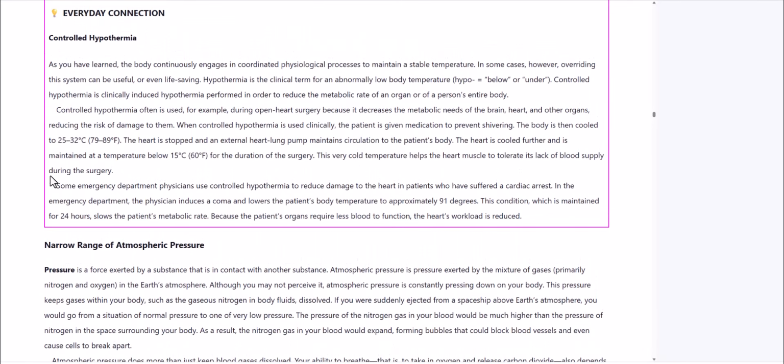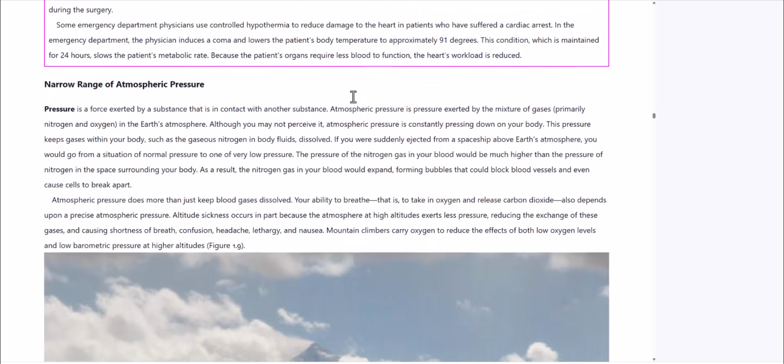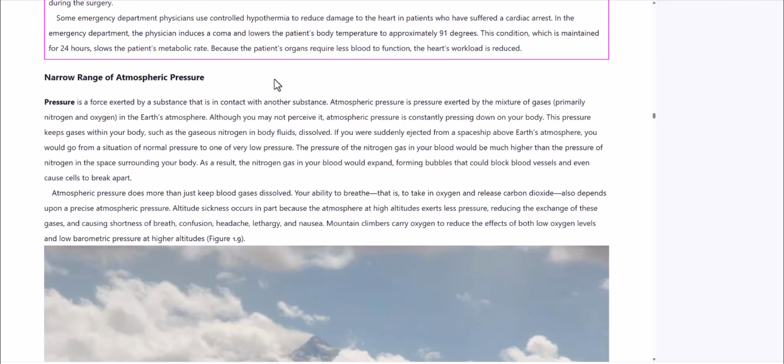Throughout the book, there will be these little vignettes, these little stories to read. I definitely ask you to read through those. They'll give you a deeper understanding of some of the things that we're describing here. And then, lastly, and probably even least thought about, in order to survive, your body needs a narrow range of